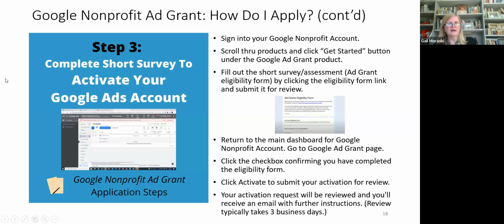Now, that's why I've documented all this, because it's a lot to remember. And until you're really doing it hands-on, I get that it's a lot of detail and it may not all make sense. But once you're going through the process and you have these slides as a resource or guide, I think it will all go very smoothly. And then your activation request for the Google Ads usually takes about 3 business days. It may take a little bit longer, but it's not a long wait.